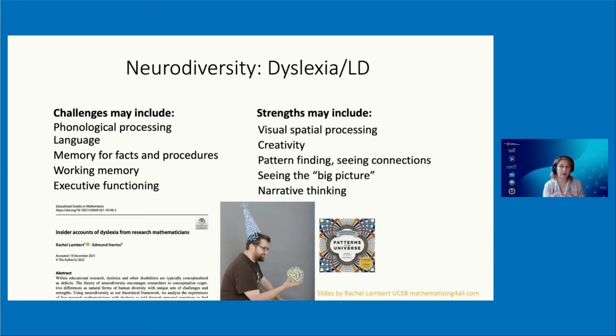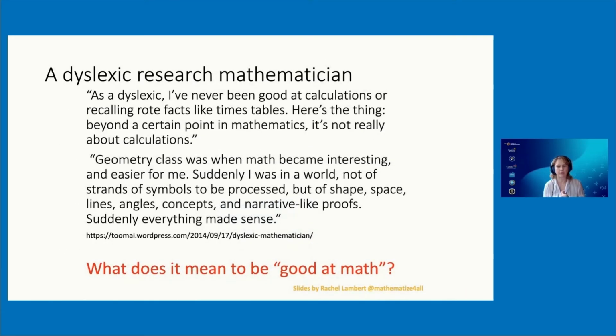And they also said that they had difficulty with their math facts. They're dyslexic mathematicians who didn't necessarily know their multiplication facts, and so it hasn't really hampered their success. They're amazingly successful mathematicians. So another window on that comes from a blog post of a dyslexic mathematician who wrote,